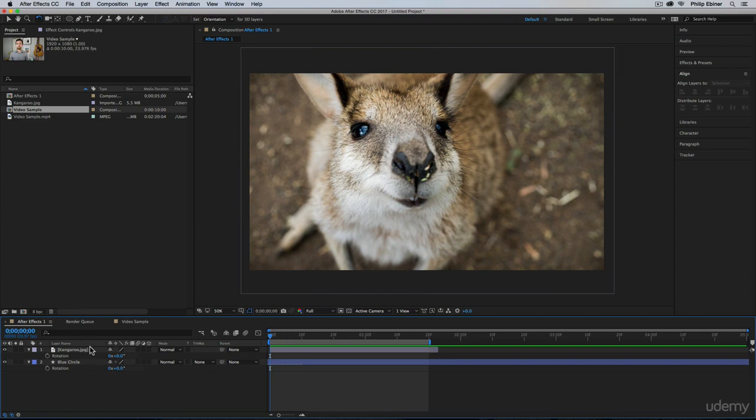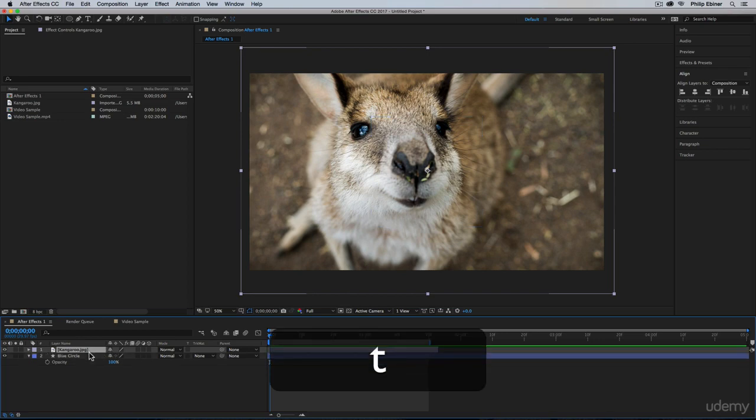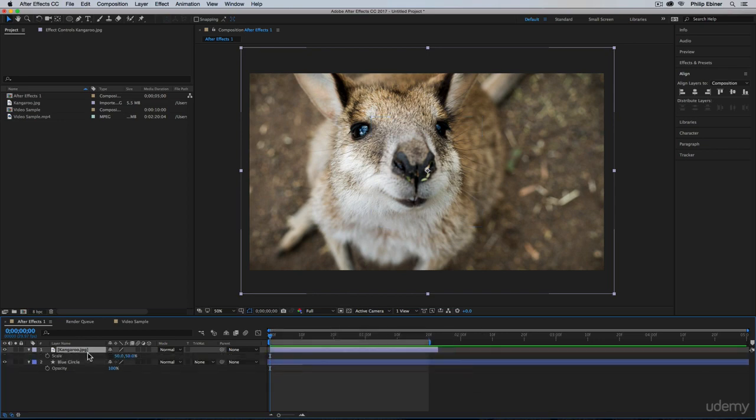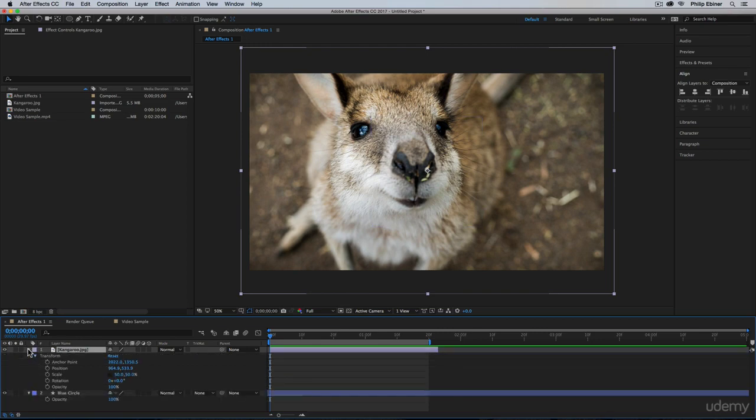It's actually not O, which would make so much sense, but it's actually T, which you can think of as transparency. So with any of these layers selected, you can bring up those different properties. And if you want to quickly close down this layer, instead of just clicking this triangle button, which is relatively fast, but I think keyboard shortcuts make everything faster, you can use any of those buttons, for example,